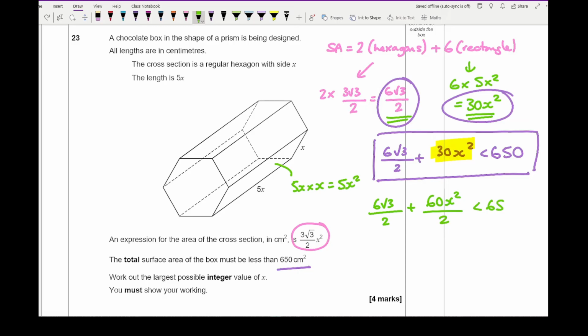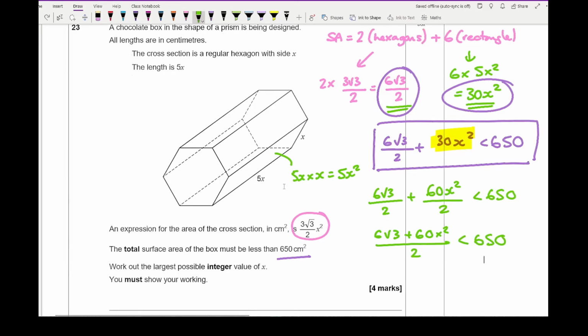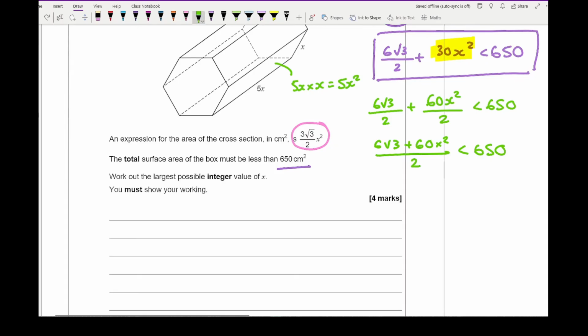And that's less than 650. And just like before, now that I've got a common denominator, I can write this as 6 root 3 x squared plus 60x squared, all divided by 2, is less than 650. Now from this, there's a couple of ways in which you could simplify. I'm going to go for it this way. First of all, I'm going to take the 2 out, so that becomes a 3, that becomes a 30. So I'm left with 3 root 3 x squared plus 30x squared is less than 650. And then I'm going to take this over to the other side, so I end up with 30x squared is less than 650